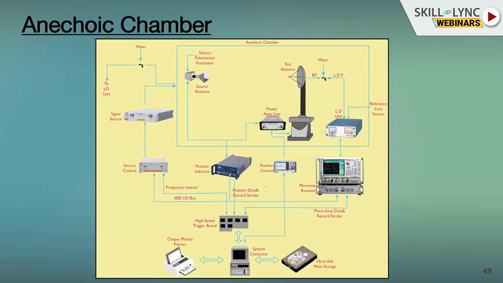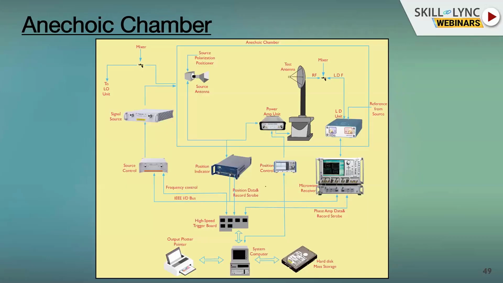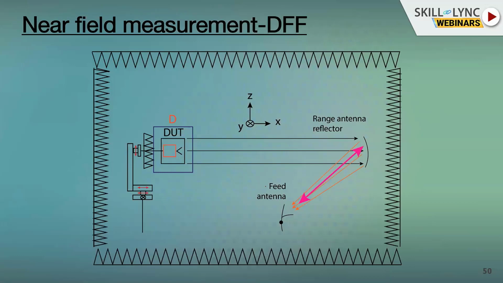Another point is that, in an anechoic chamber, there is a parameter called the quiet zone. The size of the quiet zone dictates the size of the chamber, and the cost is directly proportional to the size of the chamber. So when you want to build a longer-range anechoic chamber, your cost will increase exponentially, right? In order to avoid that, the other approach is called near field measurements.